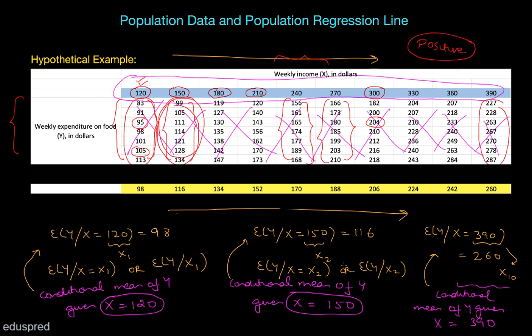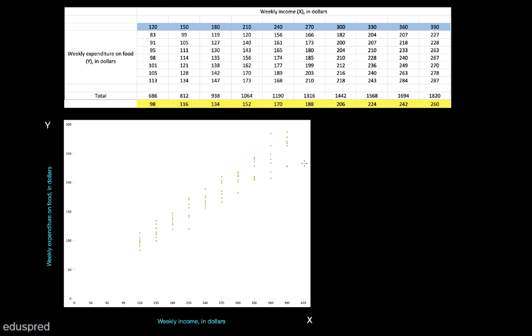Okay, so we have spent somewhere around 5 minutes taking a look at this table where we got some insights. But the good thing about working with two variables is that we can also plot a graph and visualize all this information. So let's do that. As you can see over here, I have made a scatter plot. On this axis we have the Y variable, which is our weekly expenditure on food, and on this axis we have the X variable, which is the weekly income.